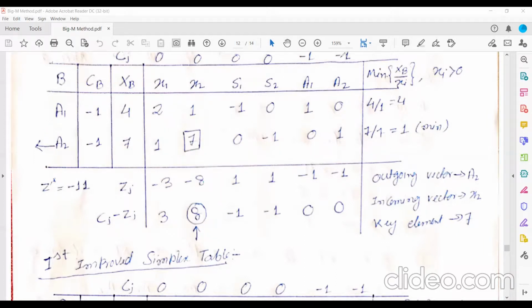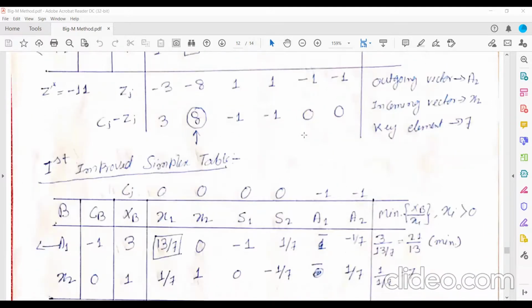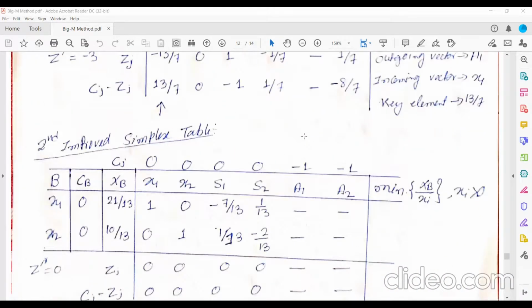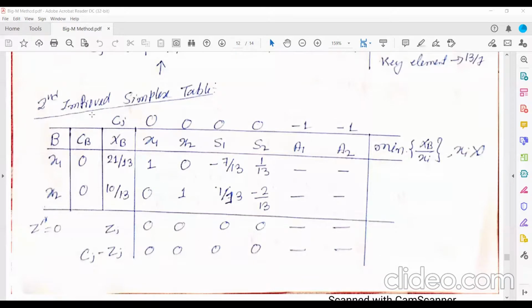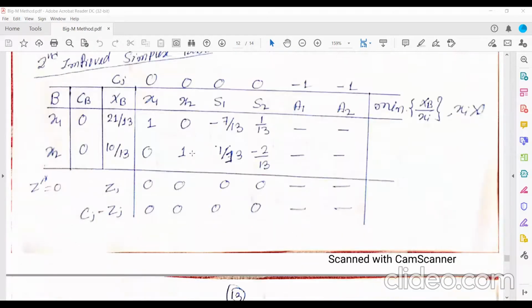Okay. And like this, you just go on applying until you get the optimal solution. So here, the second improved simplex table. Here we have got, you see, Max Z dash star should be 0. And all Cj minus Zj become 0. So here we have arrived at our optimal solution. And since all the artificial variables are removed from the basic variables, nothing has been written under